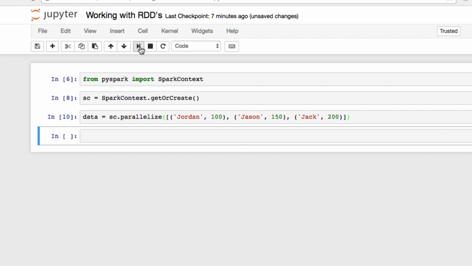And another method of working with RDDs is to read from a file or a database, which is, again, a very familiar operation. So let's stick with data. We'll go data file, since we want to pull it from somewhere. Again, we have to use the sc command. It's going to be sc dot